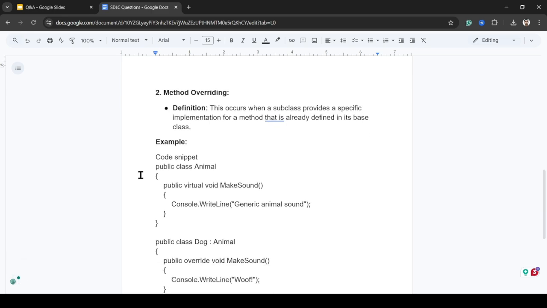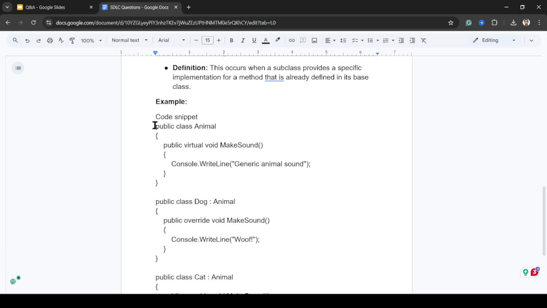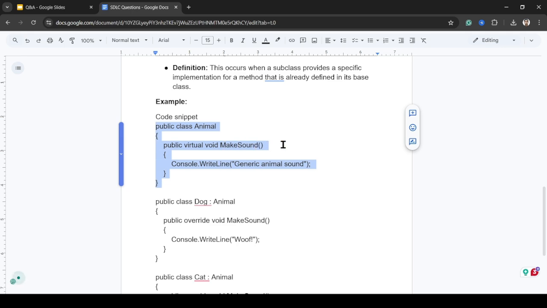Now in this example we can see that we have a base class called Animal, and it has a virtual function MakeSound, which makes the sound of a generic animal. Whichever class is derived from Animal has to override this function and provide a specific sound.